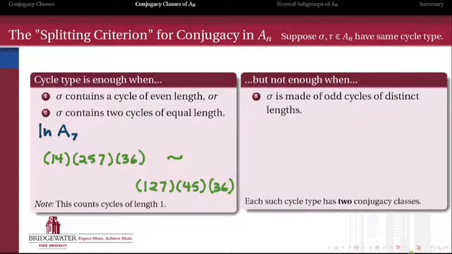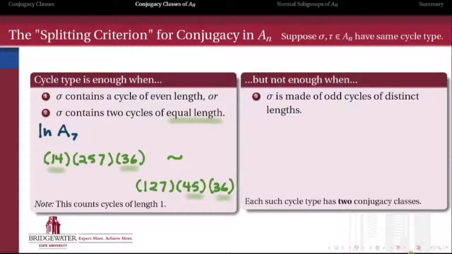They have the same cycle type, for starters, and they happen to contain 2 cycles of equal length. Each of them has a pair of 2 cycles. Also, we could have satisfied the first criterion as well, because each has a 2 cycle, therefore it has a cycle of even length. So this actually takes care of most cycle types that we can have inside of An,